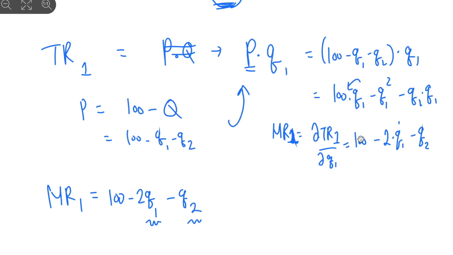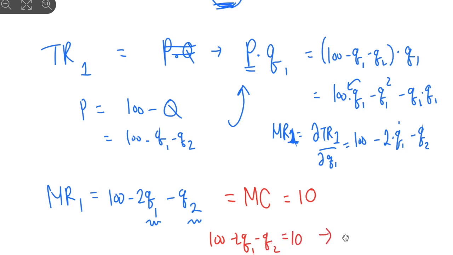Okay, so what can we do next? Since we're thinking about their selfishness, they're acting like a monopolist, right? So they want to set their marginal revenue equal to marginal cost. And we had the same marginal cost for Firm 1 and Firm 2 as 10, right? So what we see now is 100 minus 2Q1 minus Q2 equals 10,